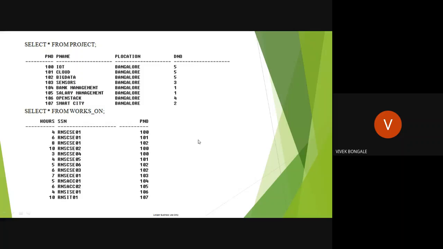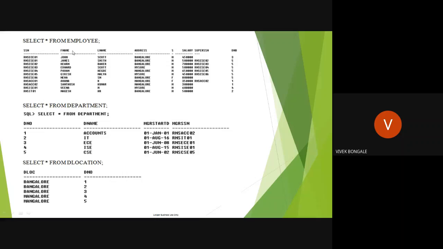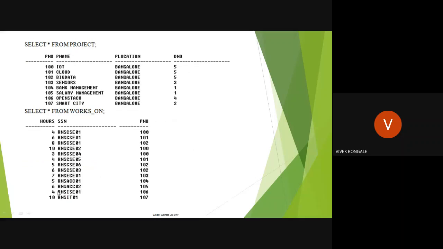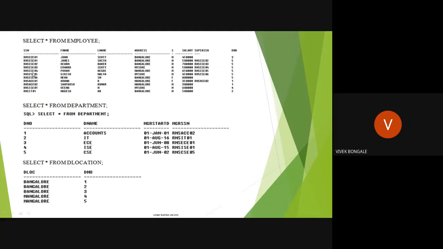If the last name Scott is not there, I know it is in the employee table also. Directly I can get from the works on table whether one of these is the SSN, and take this project number. But here one more condition is that the last name should be Scott. For that reason, I'm going to compare this SSN with the employee table, to reconfirm whether he is Scott or not.